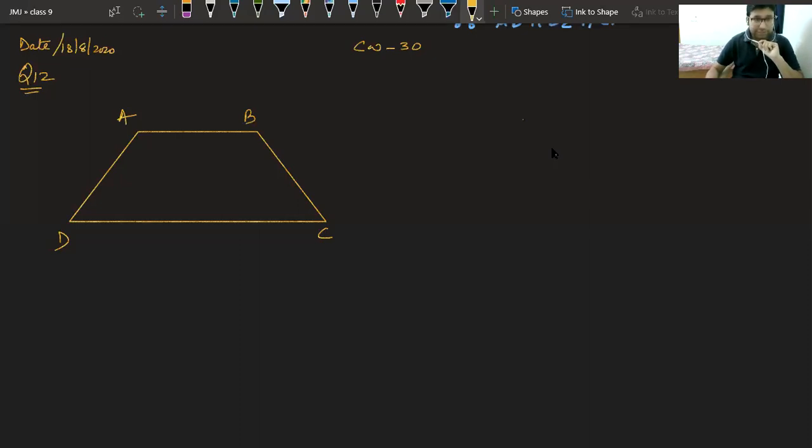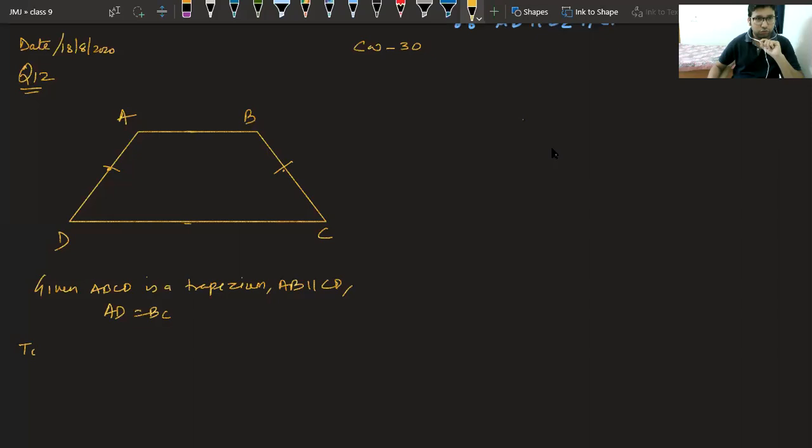So they are saying ABCD is a trapezium. Second thing they are saying is AB is parallel to CD, because we all know in a trapezium one pair of opposite sides is parallel. So it is given to us that this AB and this CD are parallel. Then they are saying AD equal to BC. Such trapeziums in which the non-parallel sides are equal are known as isosceles trapezium. Now these two are given equal to you.